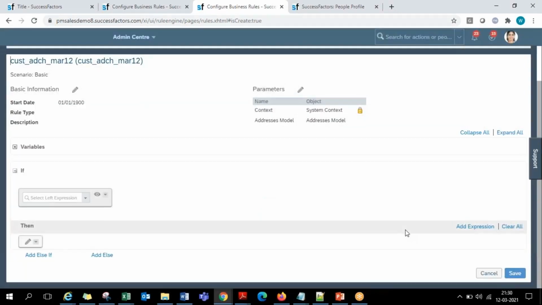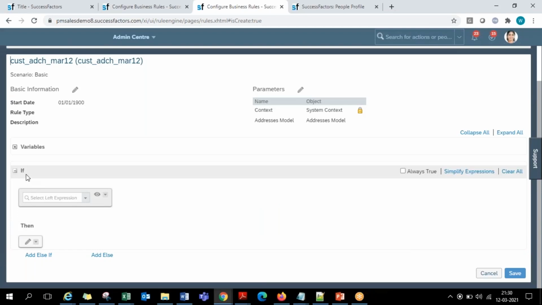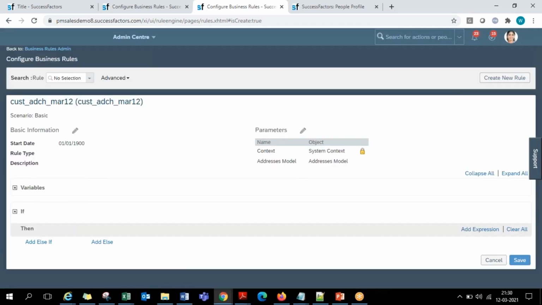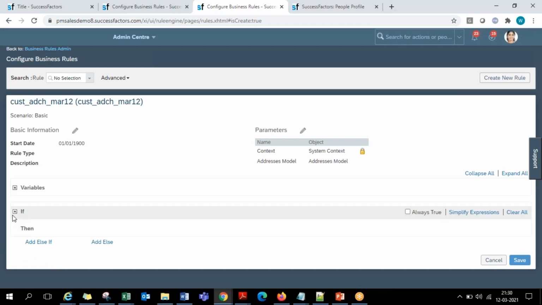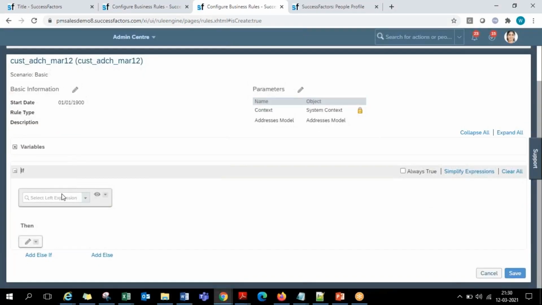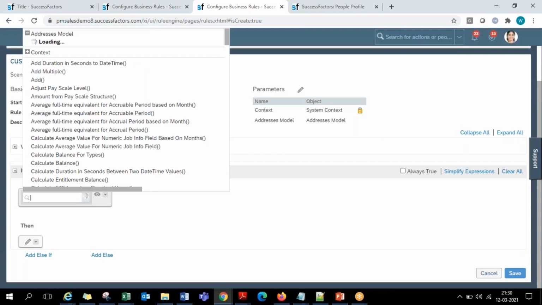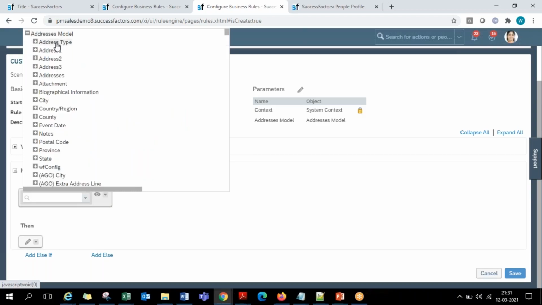here we start writing the rules, guys. In that regard, if and then, you see two conditions: if something happens, then what should happen? If and then, like this. So here you have the if condition. If address model level have, here address model as you have chosen, all the fields of the address portlet will be listed, guys.